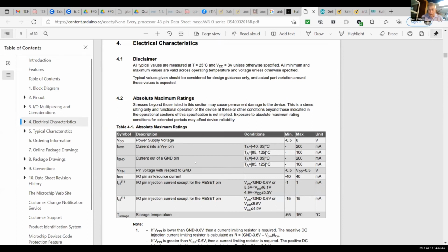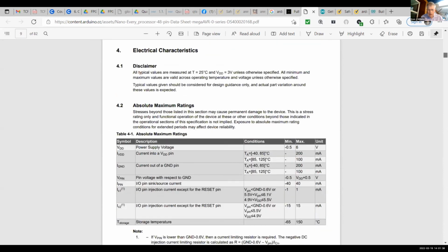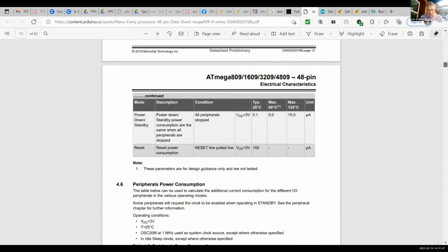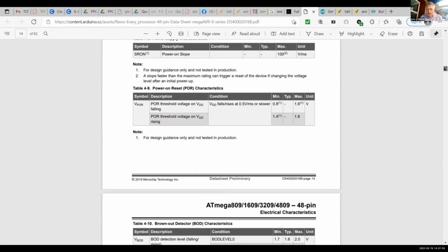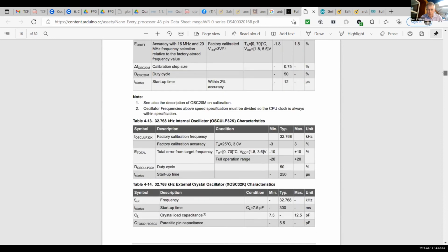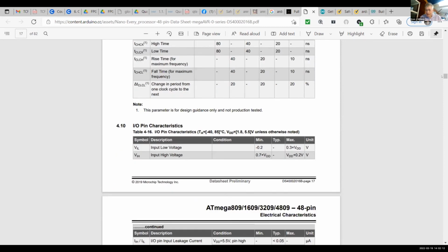Power supply voltage, current into, and let's see if we can find GPIO voltages, min and max. Let's see here. Oh, it gets so confusing. IO pin characteristics. VDD, so the voltage level, VDD can vary. So input voltage can go up to VDD, which is 7 to 21 volts, and the output voltage